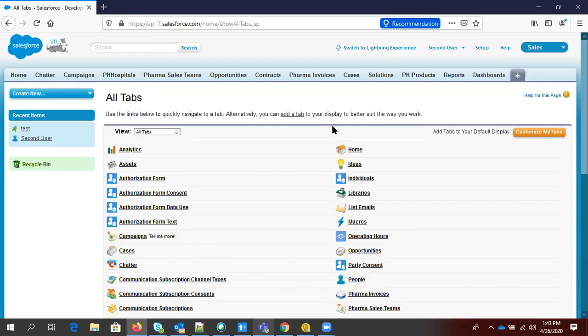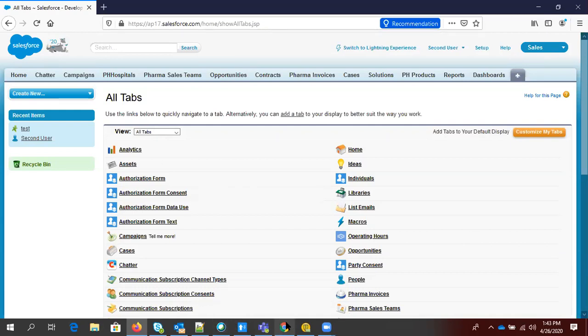So tab hidden. If you want to give the access back, then you have to change the profile to give the access of that tab, right? So this is how you can change the tab settings. Tab settings generally have three types of settings: default on, default off, tab hidden. Default on means visible here, default off here, and tab hidden, the tab is not available for that user. Okay, cool.